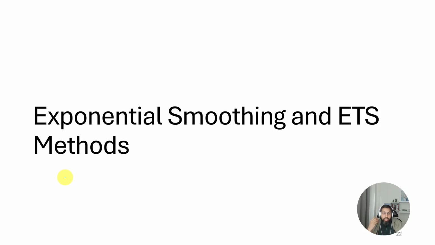Now let's get started into actual forecasting methods. We're going to look at two main types of method: exponential smoothing and its modern version. The updated version of exponential smoothing is called ETS. They're very similar methods. ETS is just, you can say, an upgrade of exponential smoothing. And then we'll look at ARIMA modeling. So ETS and ARIMA are the two very, very popular forecasting methods used in real life.